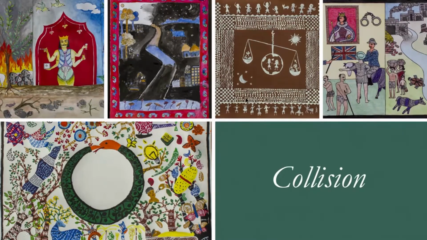This one is in the Chitra style of Karnataka, showing how the balance of nature has been tilted, how the balance of nature has been disturbed when science and technology was introduced by humans. And the last one, the fourth one, is a comparison between the imperialistic attitude of the Britishers towards the Indians and what the Indians are actually doing to nature themselves. Here there is a comparison of how the Britishers exploited the Indians and how human beings are also exploiting nature. So, there is a sense of imperialism.